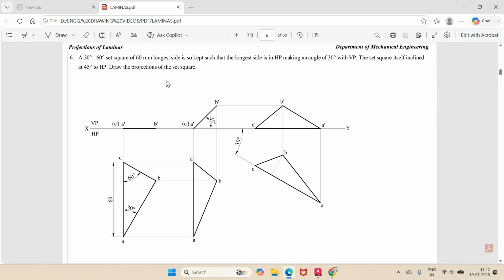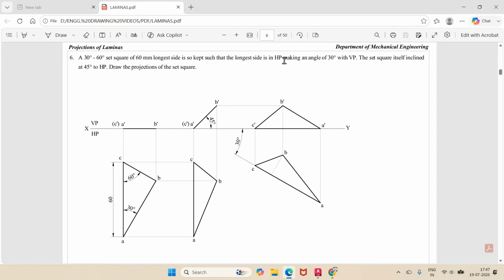We are going to take up one more problem on the projections of lamina. How to solve this problem by using the software. A 30 degree 60 degree set square of 60 mm longest side is so kept such that the longest side